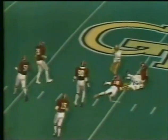I formation, Kelly to throw. Plenty of time over the middle. Pass is incomplete. Pass was thrown behind the...